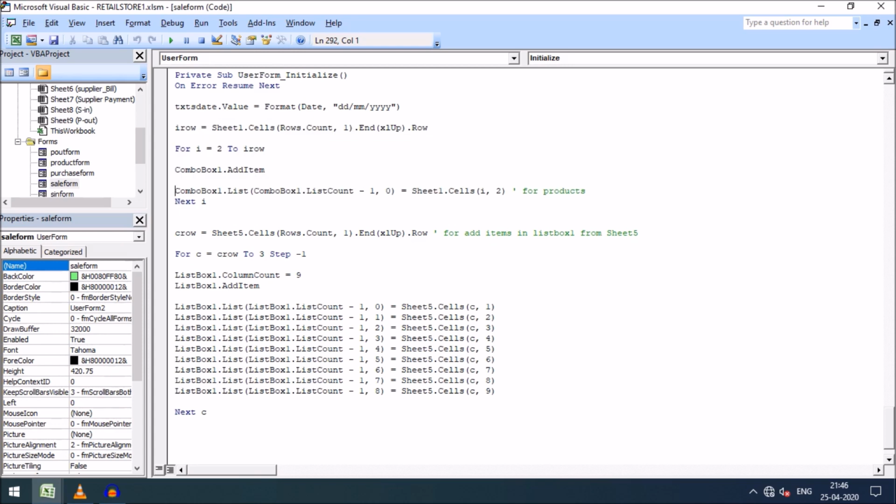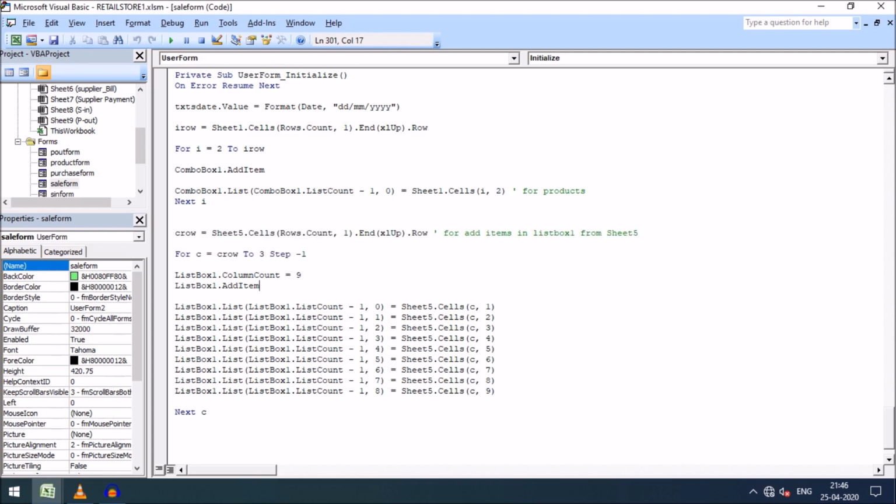This combo box uses column 0, that means the first column, and we have taken a single-column combo box. Our product name values will be taken from sheet 2, row 2, that is our product name. And friends, then I have assigned